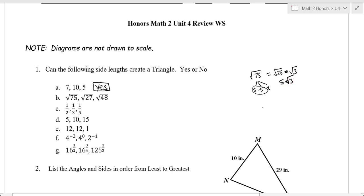Okay. Square root of 27. 27 is 3 times 3 times 3. So square root of 27 is the square root of 9 times the square root of 3, which is 3 root 3. And the square root of 48